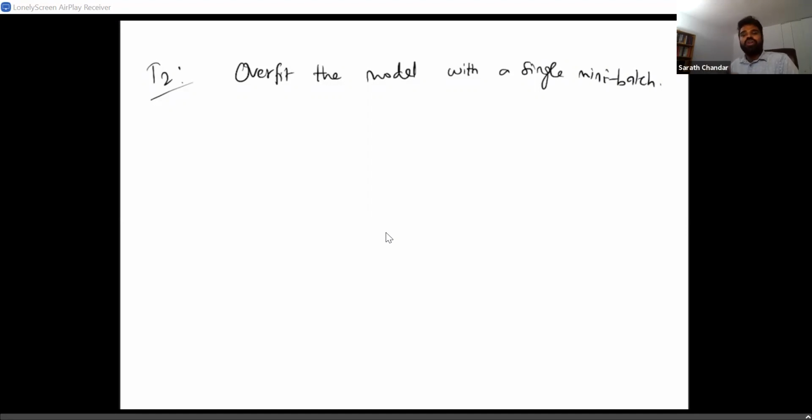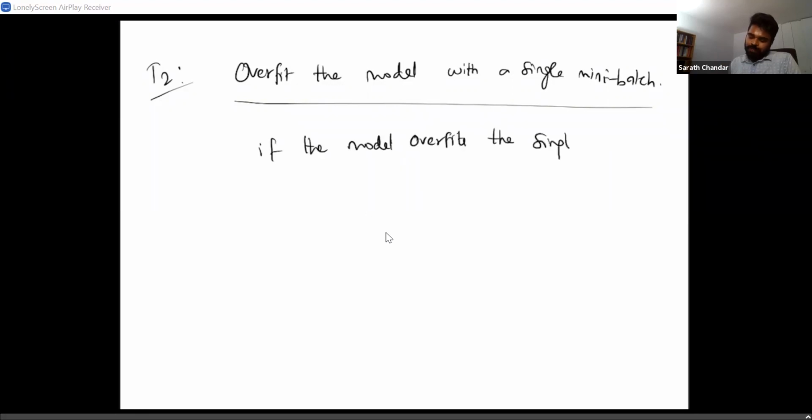Now don't attempt to start training the model with the entire data set. You should always start with just one mini batch, let's say 100 examples, and try to overfit. So if the model overfits the single mini batch,